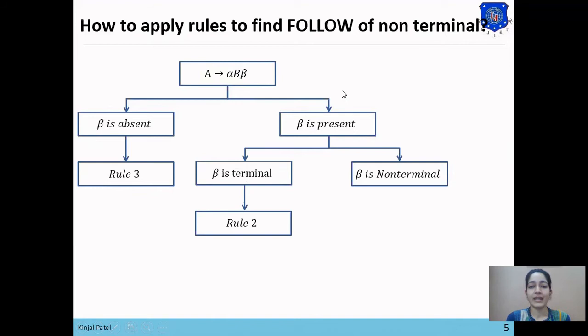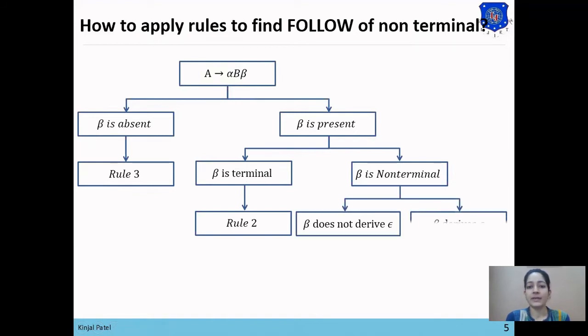So rule 2 says that if beta is terminal symbol, then beta will be directly placed in follow of B. And if beta is non-terminal symbol, then there are two possibilities, that beta derives null or beta does not derive null.